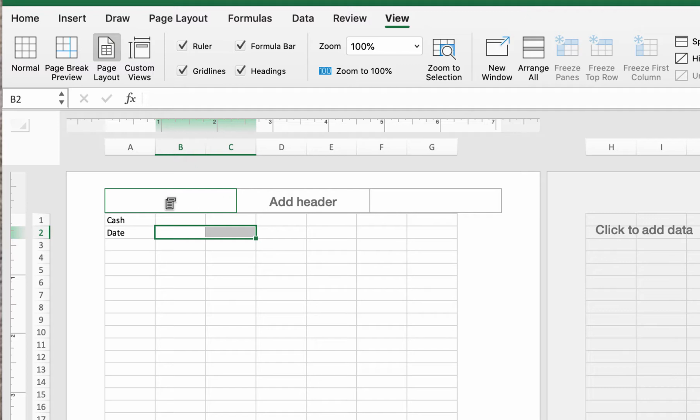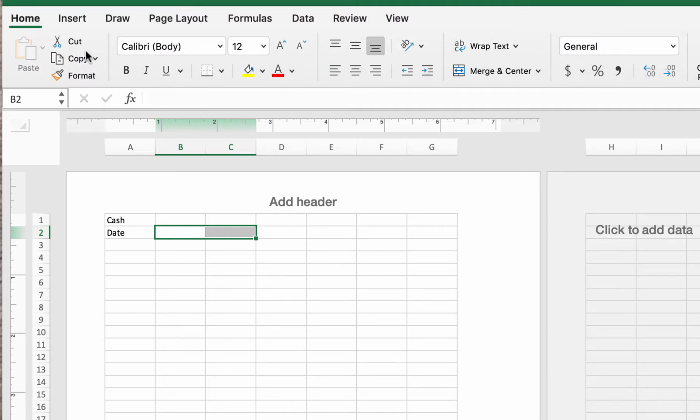okay? Now, you'll notice if you look at the ribbon, I'm on the View tab, and I click my page layout so I can get everything to look like this, meaning the individual pages. If I want to merge and center, I have to go back to Home. So I'm going to click on Home, and notice the ribbon changes, okay? I have my merge and center, so I'm going to click that, and then I'm going to click Left Align,